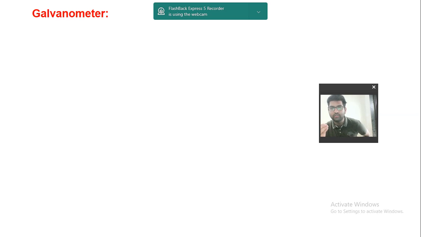Then we studied about Kirchhoff's voltage law, that is the summation of voltages, that is the potential difference across all the resistors, plus the summation of all the EMFs in a closed loop is 0. Again, that is an algebraic summation. We studied about the sign convention, that in the direction of current the potential difference is taken as negative, opposite to the direction of current the potential difference is taken as positive, and when I cross the voltage from negative terminal to positive terminal we take it as positive, and from positive terminal to negative terminal we take it as negative. We also understood the logic behind it.